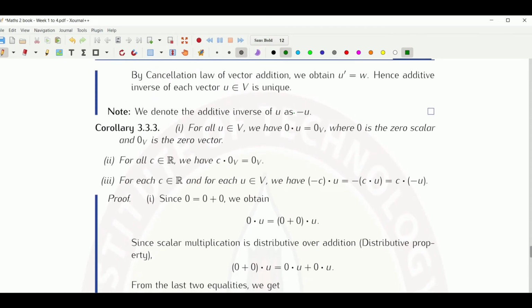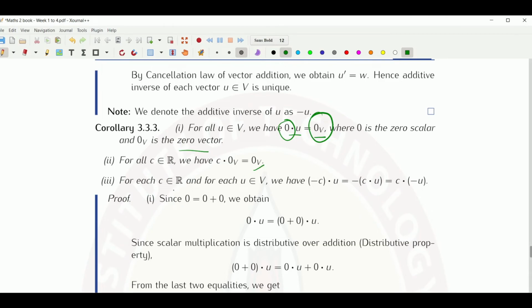Okay, next check the corollary 3.3.3. For all U belongs to V, we have zero vector such that 0 dot U is equal to 0 vector, where 0 is the 0 scalar and 0 vector is the 0 vector. If we multiply 0 scalar to any vector U, we will get the 0 vector. For all C belongs to real number, we have C dot 0 vector is equal to 0 vector,